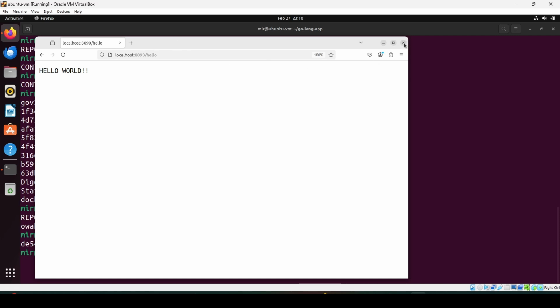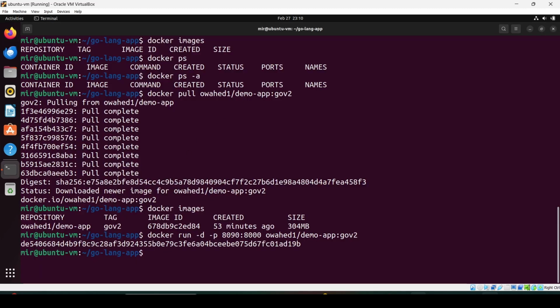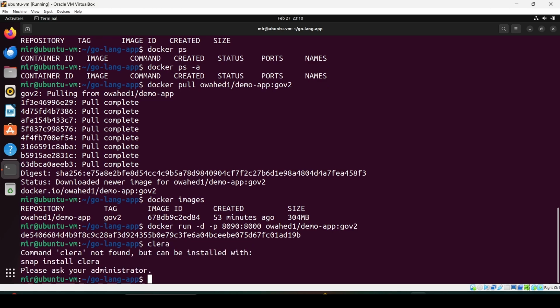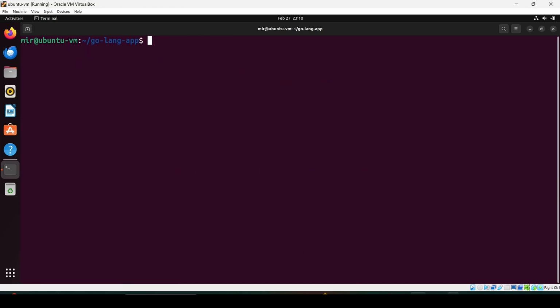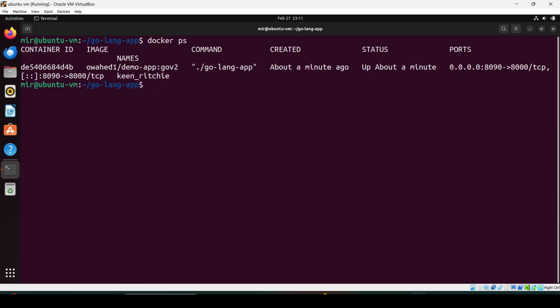Okay, just clear the screen. Okay, you can see all the commands. Here you can use docker ps. This is the container running status. To inspect the container, just use this command, docker inspect,